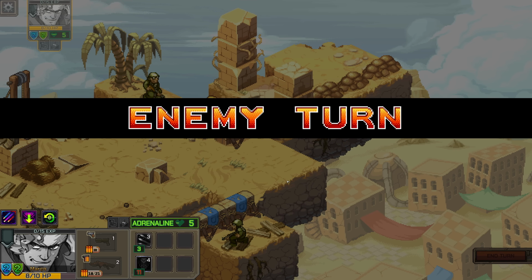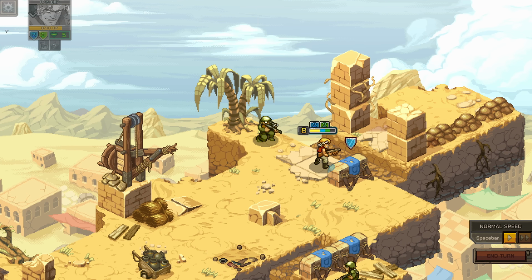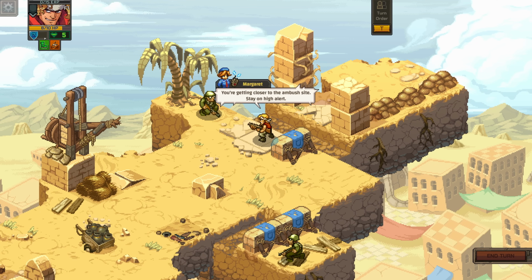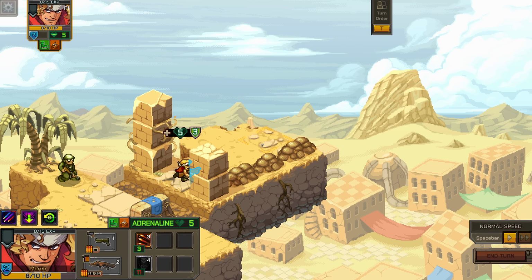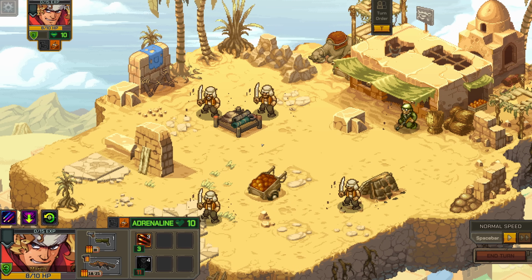Okay. So does this mean I have basically 4 damage reduction here? Yeah, I think so. So we have the 2 from the dodge, the 2 from the cover. Getting closer to the ambush site, stay on high alert. So I'm getting the vibe that we're not necessarily going in to just kill everything. Maybe missions will have different objectives or what have you, but...